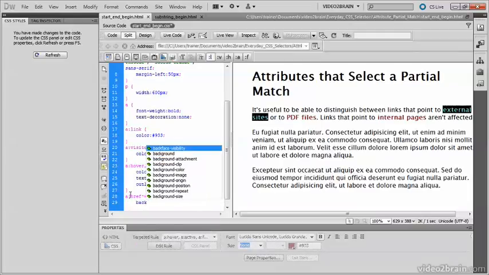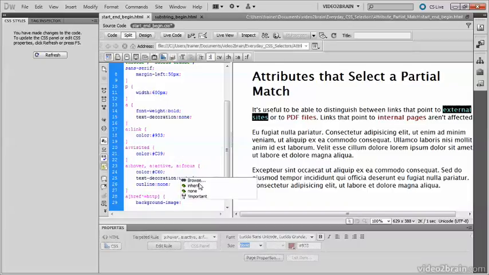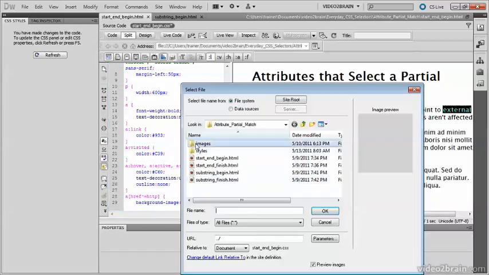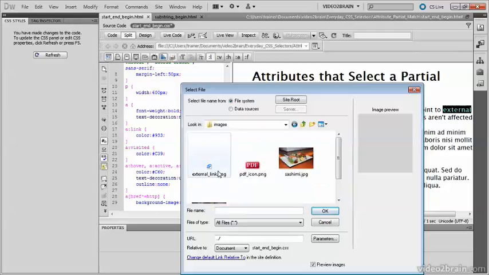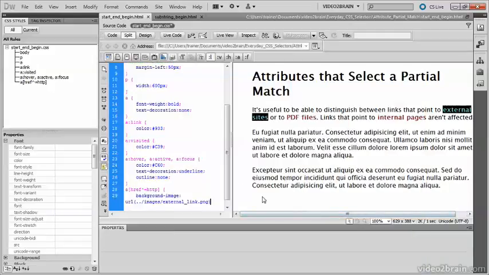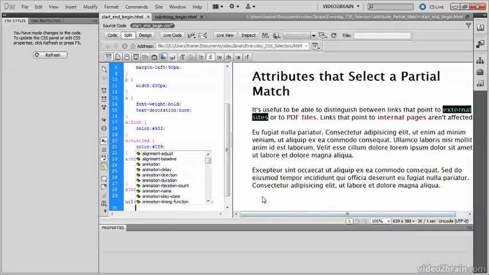So background image, and I'll browse for that to the images folder, and I've got a little icon here, external link PNG, which I'll select. That will be our background image. We need to make sure that it doesn't repeat. So background repeat,